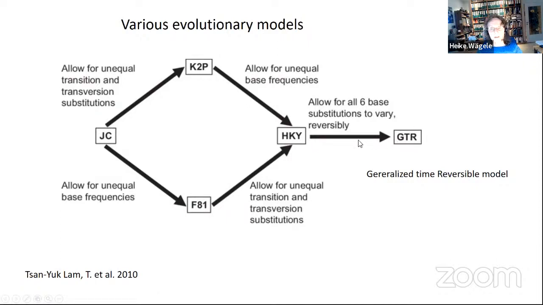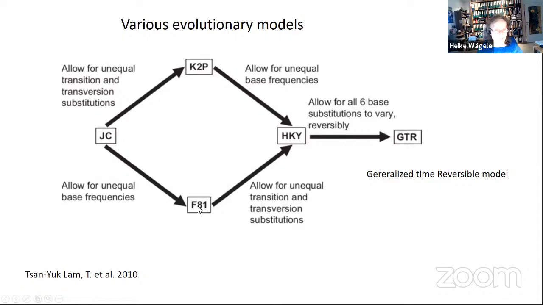It has to be mentioned which kind of model you are using for your phylogenetic tree, which is then actually calculated. You have to mention this also in your publications. And then when you go in the publications, you will see this very often. There are other possibilities here. For example, when we start with the Jukes-Cantor model, again, it allows here for unequal base frequencies, but it does not allow for unequal transitions and transversions. Then you would end up with this